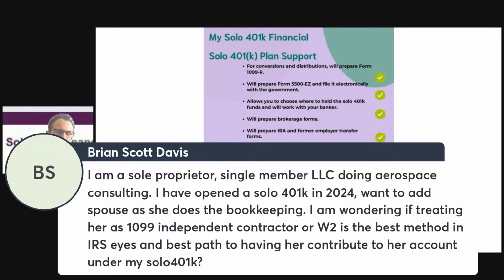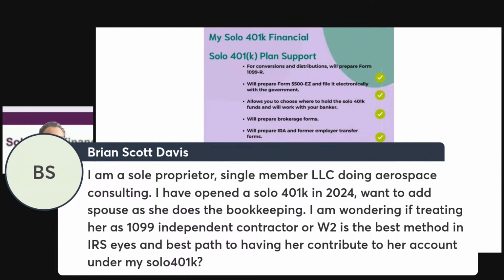Reason being is that when making contributions to a self-directed 401k plan, when the self-employed business is taxed as an S corporation, so whether it's a standalone S corporation or an LLC taxed as an S corporation, it's going to take less self-employment income to make those contributions, because contributions to a self-directed 401k, when the business is taxed as an S corporation, are not going to be subject to reducing those W-2 wages by 1/2 of self-employment income tax